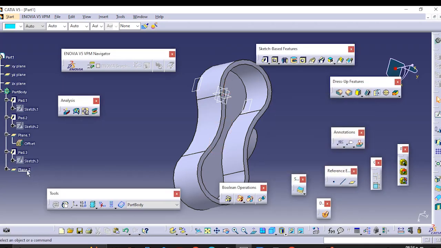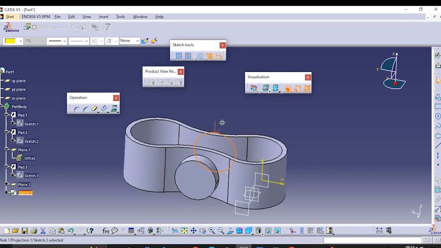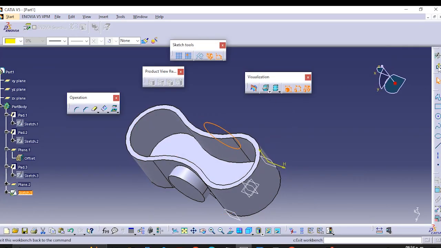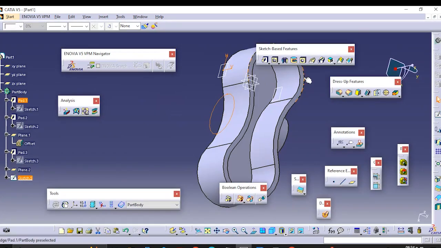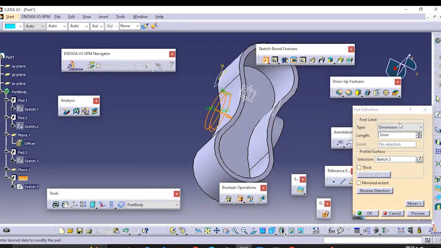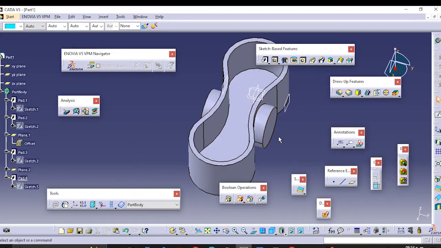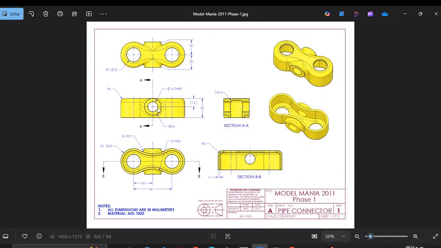Okay, select this. Sorry about that. Select this. We are going to project. Let's exit from this sketch. Select path and select up to next. Okay. So now